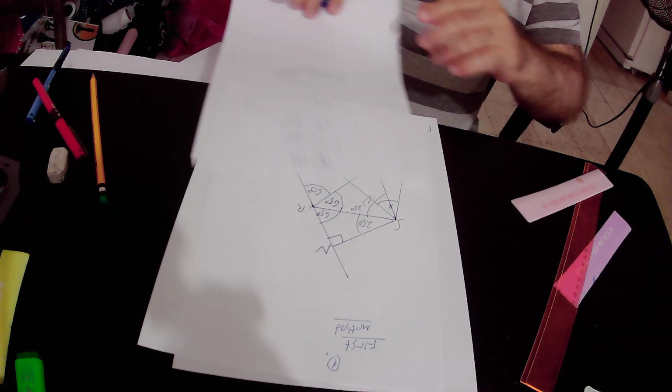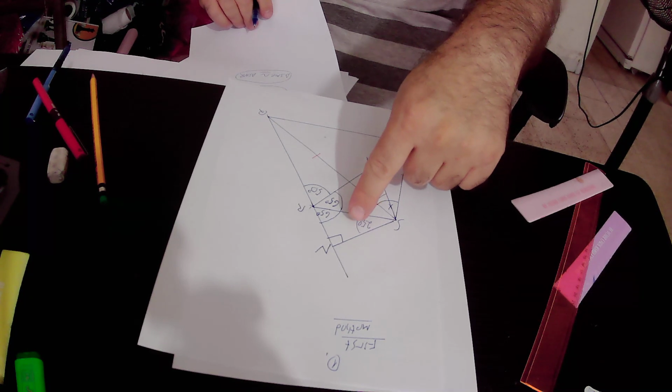So those two right triangles are congruent to each other